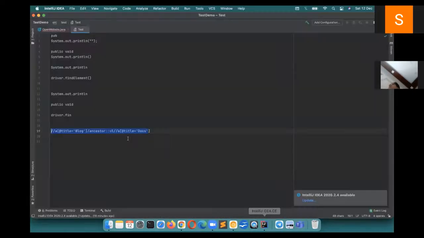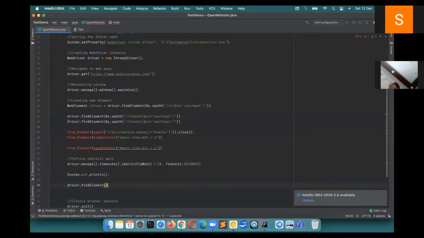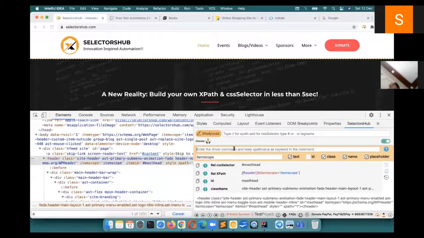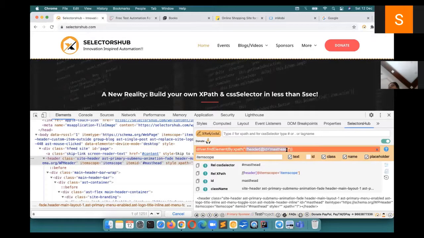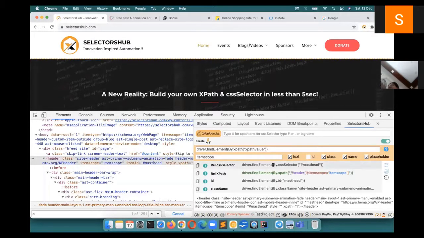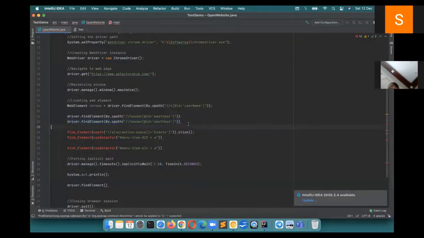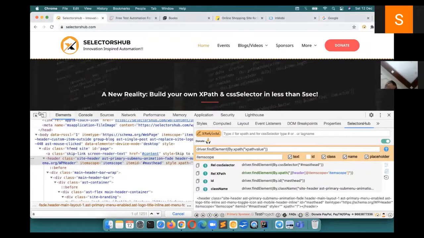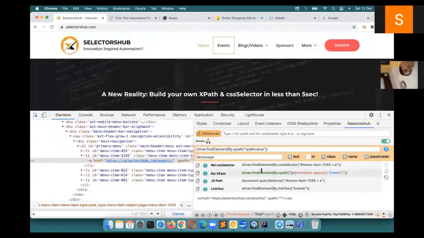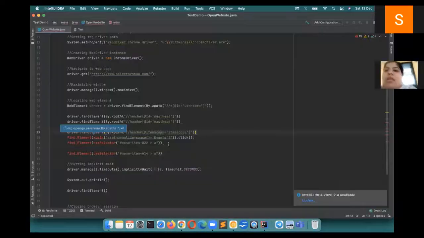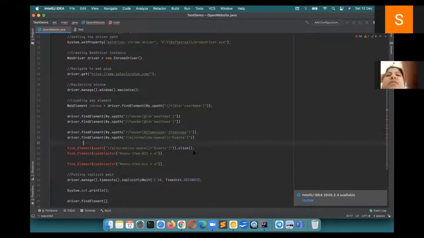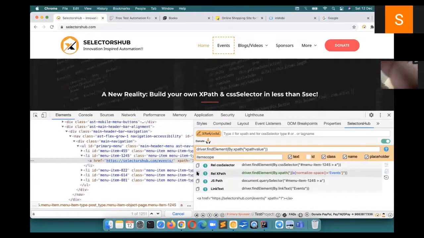Let's say in your editor you're writing like this again and again, driver.findElement, right? You don't want to type this complete command, so you paste that command here, replace this XPath with the XPath value and press enter. You see that you are getting the complete command now. You can copy and paste it here, so you need not type that command. You inspect any element, you will be getting that complete command. Here you click, you paste. So that's amazing. You need not copy, just click on this copy icon. You can click anywhere to copy the value.